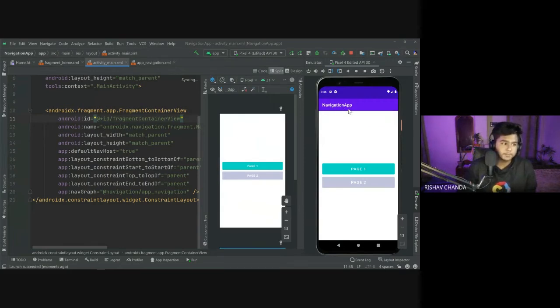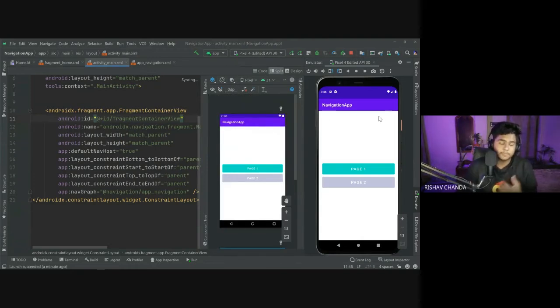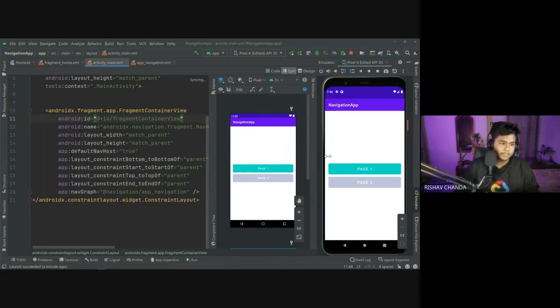So to see this one, you can do one thing: click on this I button that is present, and here you have to click on this one, show system UI. So it would show you the whole thing, as it will appear in your apps when it runs, right? So you can see this one. And the thing that I was telling is to remove this top bar.